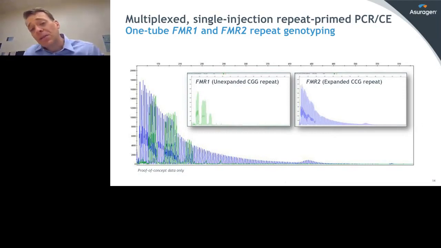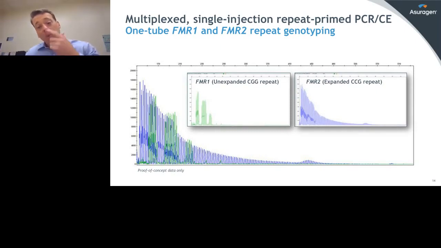I will point out this is an unusual sample because the full mutation is unmethylated in this case. We see those rarely, but we do see those. It's a function of the nature of this particular sample. But normally what we would expect to see with a full mutation is that it's fully methylated. But the important point is that we can then quantify that relative methylation as a function of each of the alleles.